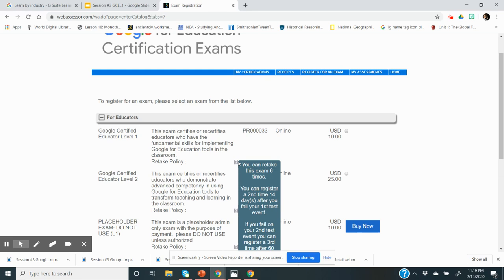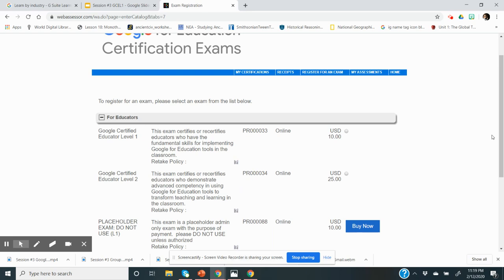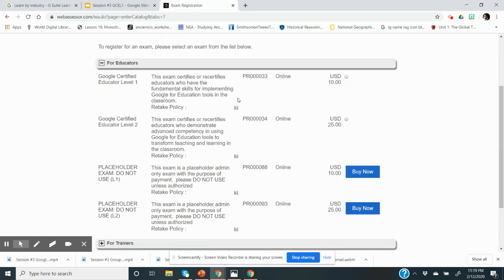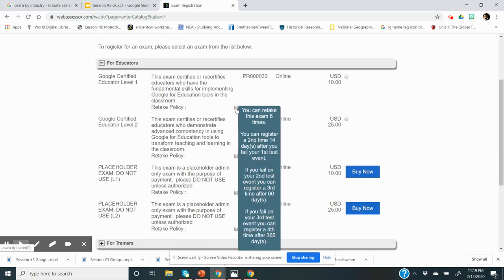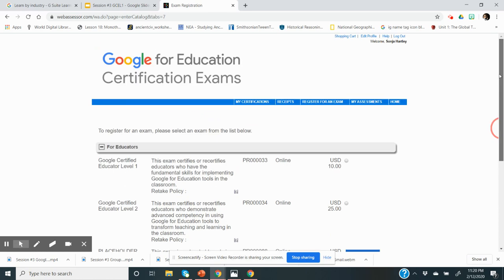You have 6 times to take it. If you miss it, and let me scroll down, if you do not pass it the first time around, you have to wait 14 days until you can take it again. That applies to level 1 and level 2. If you fail it the second time, then you have to wait 60 days. And after that, you will have to literally wait an entire year. So coming up here,